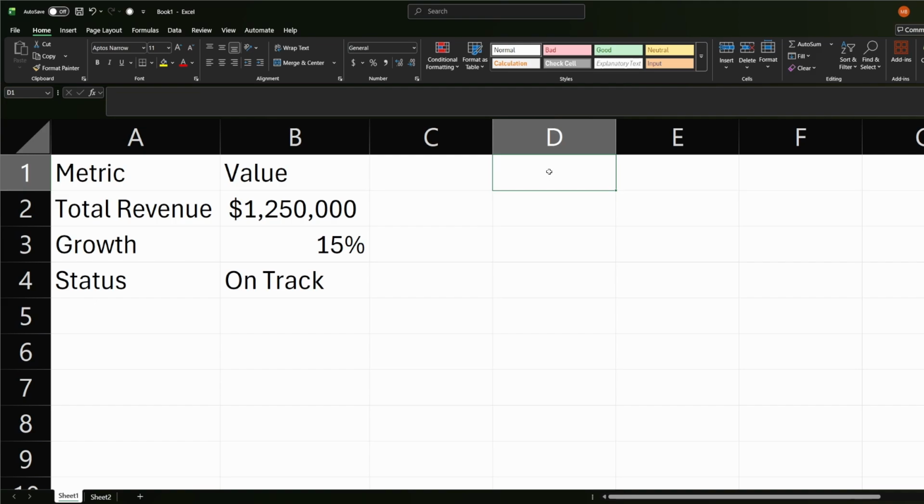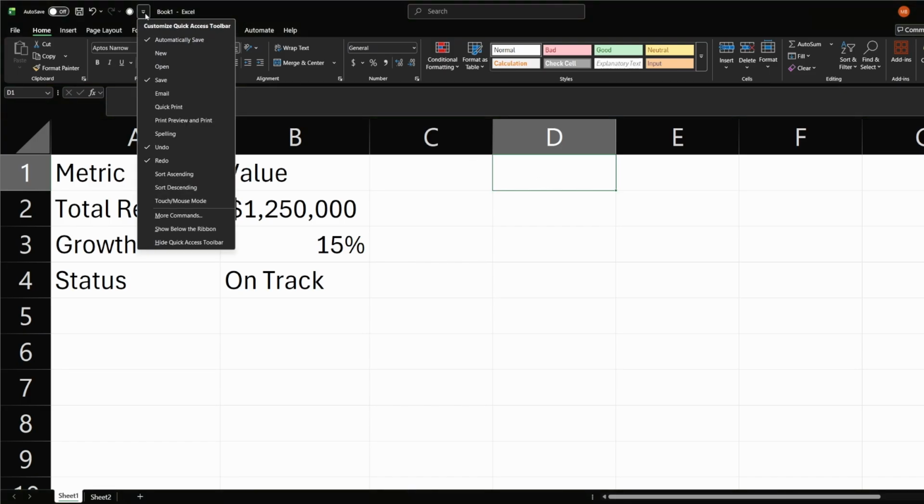Let's take a look at using the camera tool in Excel. It's great for building complex dashboards with different sizes because it acts as a live snapshot where your data will update dynamically. So in order to activate this, go ahead and go to the top, click this little drop down,